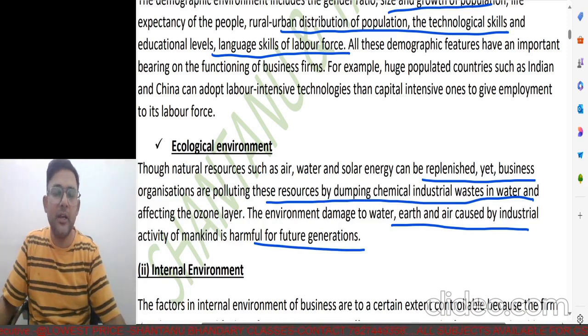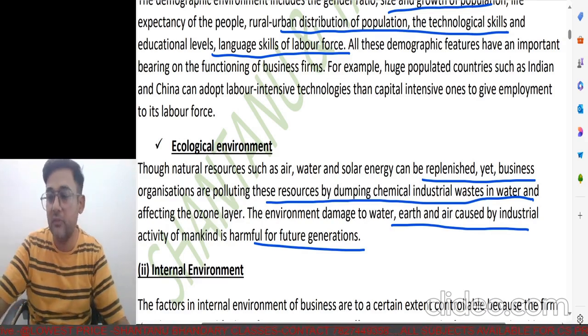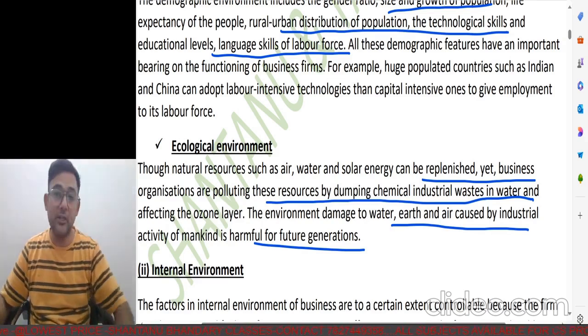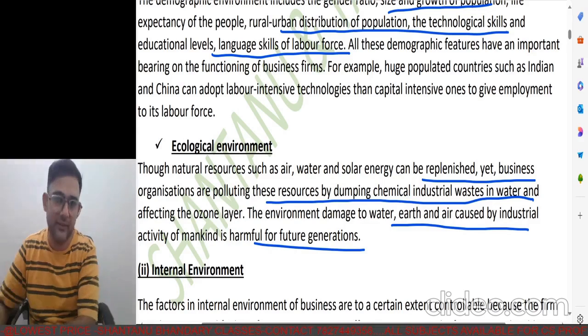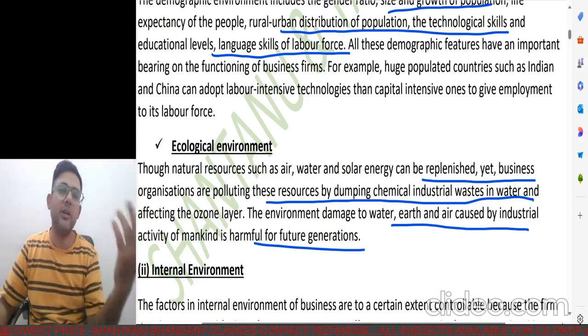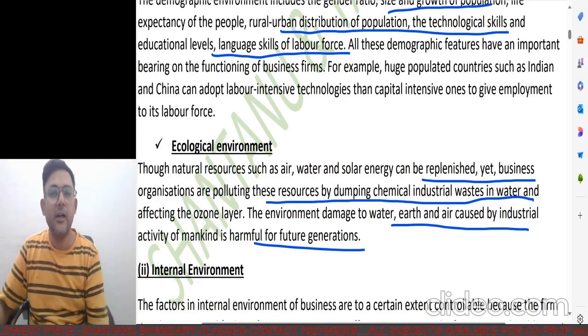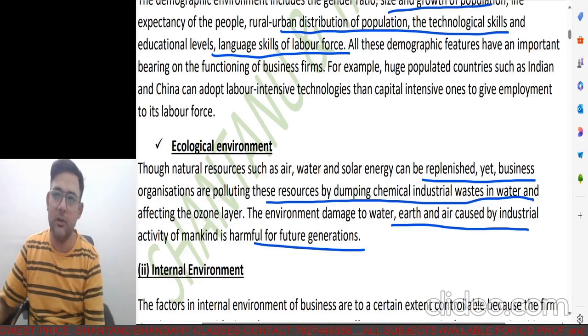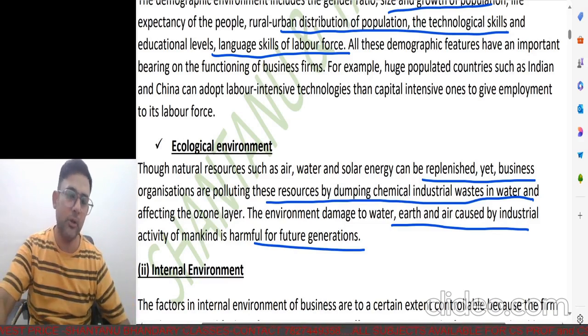So this is something again that the government can obviously take action on or probably change, and there's nothing much a corporate can really do. If it is something that they could have done, then this should have been done by now, because this is not something that is happening only this year or from last year. For years and years, the same thing has been getting repeated, and this really affects the aquatic life and obviously the things around it. Now let's talk about the internal environment in more detail.